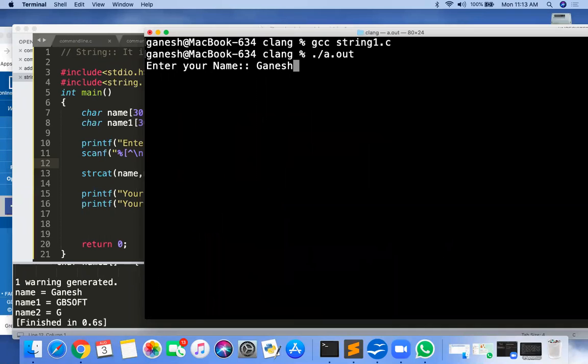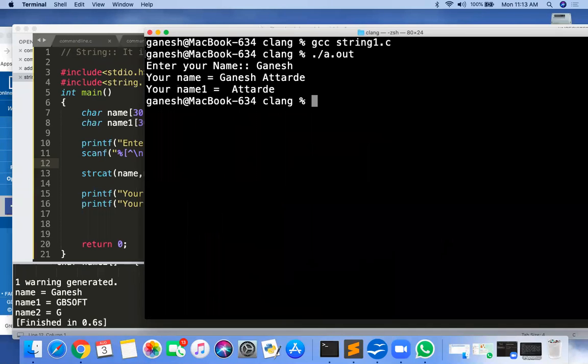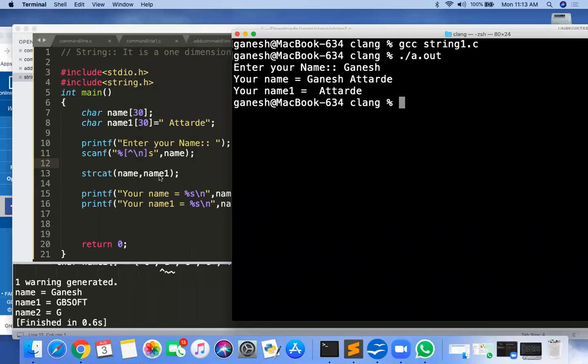So my name is Ganesh Attarde. You can see here name is Ganesh Attarde, but name1 is not changed here. Name1 is unchanged. Name1 is Attarde only. But name gets changed to Ganesh Attarde. So what gets changed here? The first argument of your strcat gets changed.